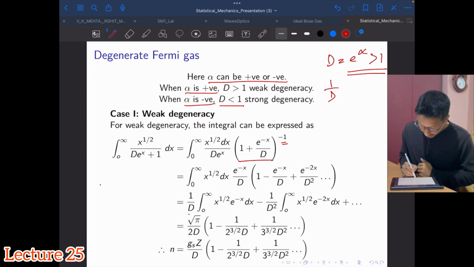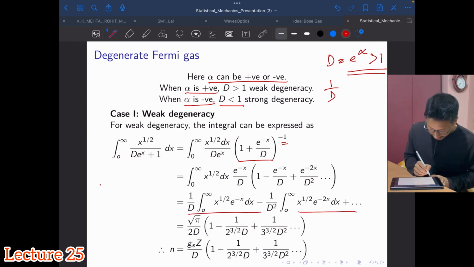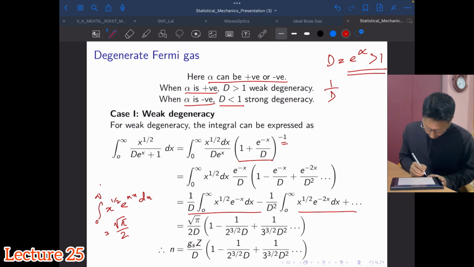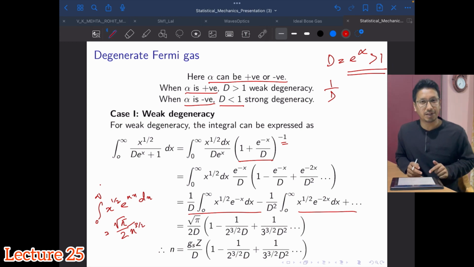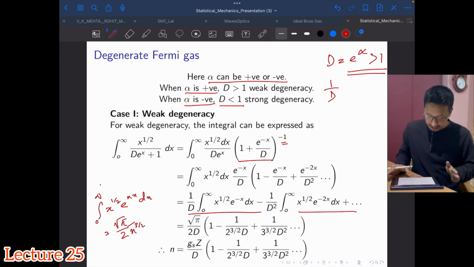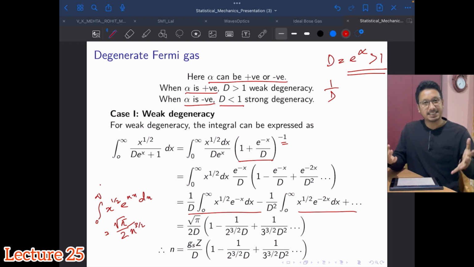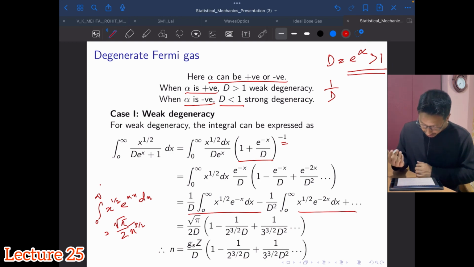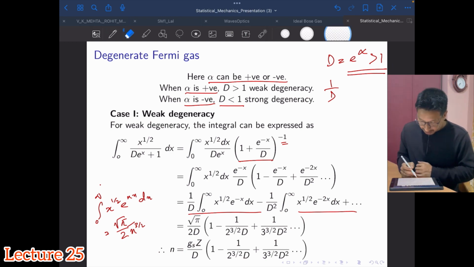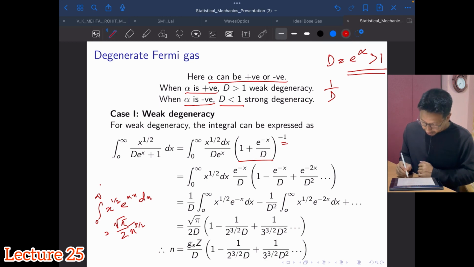Okay, so you will get this, and then we know the standard integral value, right? We have used this earlier: the integral of e to the power minus n x squared dx is given by root pi by 2 n to the power 3 by 2. I think it is correct what I am reading. Please check what I have written in the earlier lecture. Using that standard integral formula that we had discussed earlier, you will end up getting this expression.